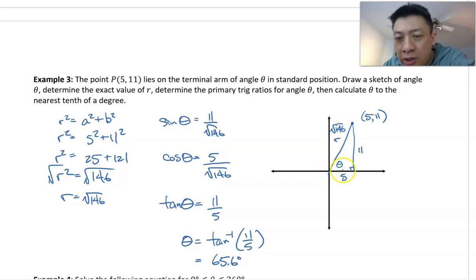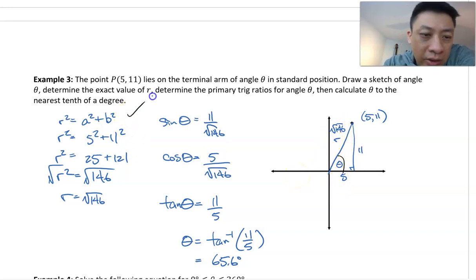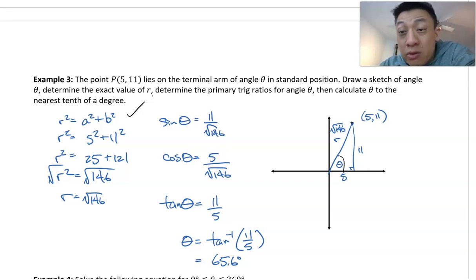Okay, so you can see I've gone ahead and plotted in (5, 11) right here, labeled it as (5, 11), and I've got the 5 there, I've got the 11, and the theta is right here, of course, but I don't have r, so I got to calculate r, and you can see that this is what this step is, right? R is the hypotenuse, so we'll go with the Pythagorean Theorem. R squared is equal to a squared plus b squared, and 5 squared plus 11 squared, and 146 square root. That's going to be,